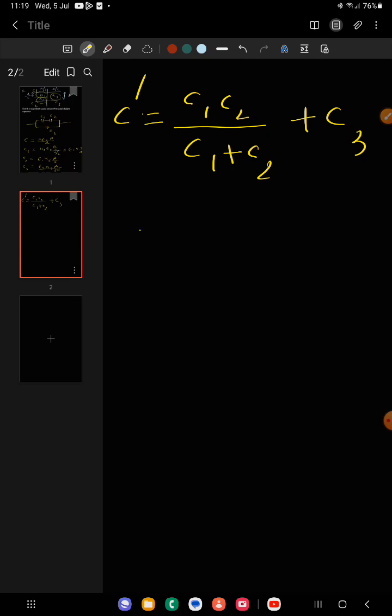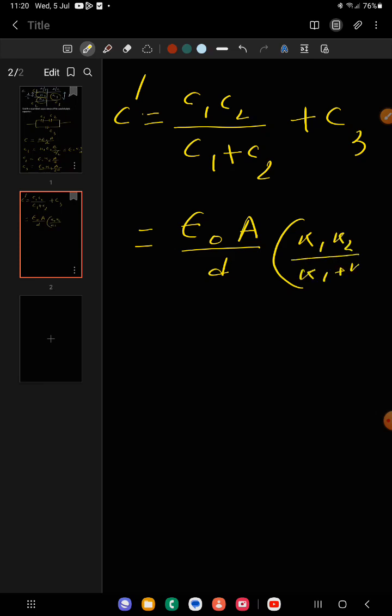So by simplifying and putting the values of C1, C2 and C3, we get that C dash equals epsilon naught A divided by d into K1 K2 divided by K1 plus K2 plus K3 by 2. Now this is the answer of the